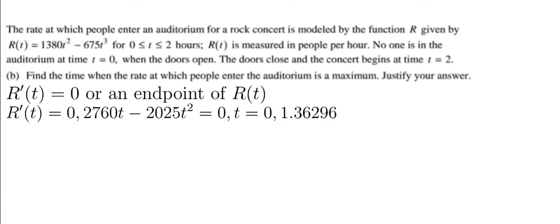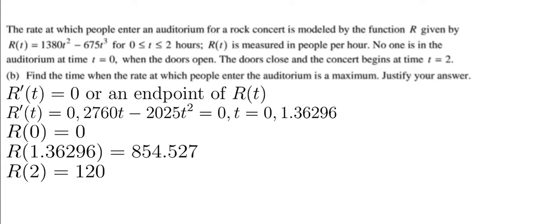So then we evaluate r of t at each of these points and get r of 0 is equal to 0, r of 1.36296 is roughly equal to 854.527, and r of 2 is equal to 120. Now from these three outputs, we can clearly see that r is greatest when t is equal to 1.36296,